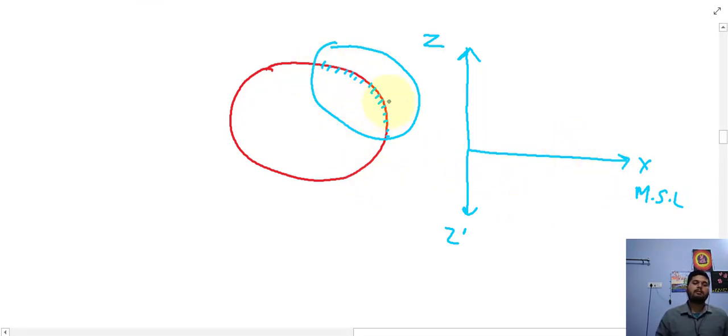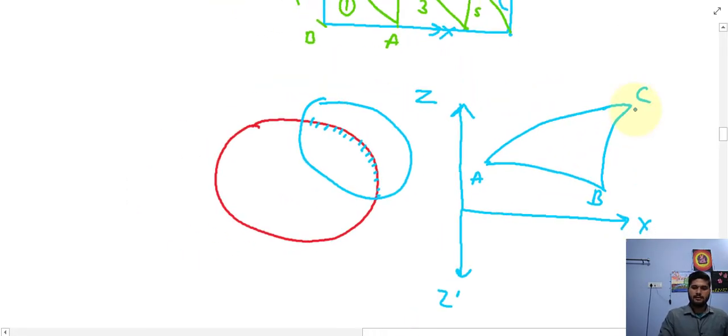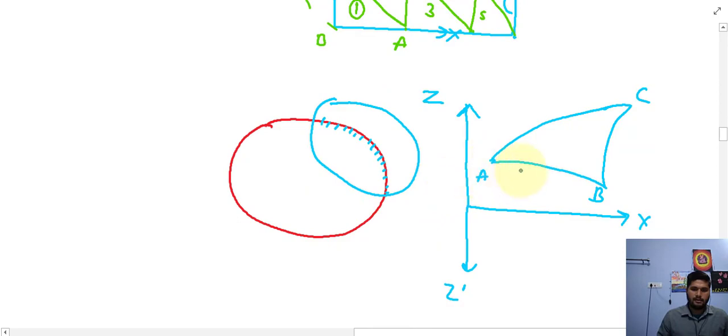In this case, if I form a triangle, the triangle will be formed something like this. So this is your triangle ABC. Now this ABC triangle is in curved form. This triangle is formed like this, as a curved surface. So if I take points like